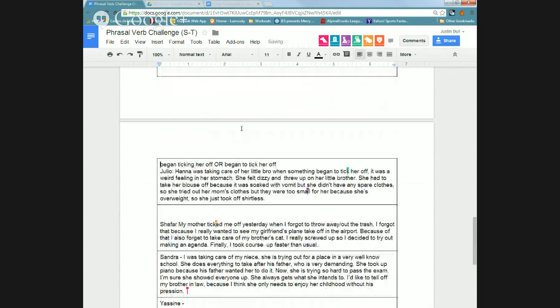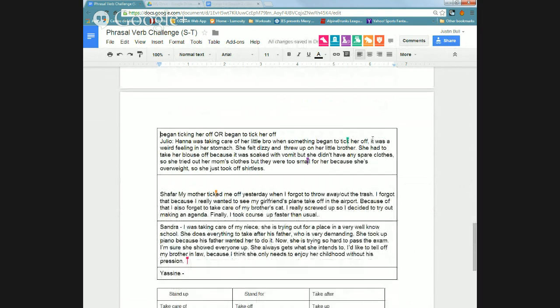So let's complete this thought here. If I could ever figure out this keyboard. It was a weird feeling in her stomach. She felt dizzy and threw up on her little brother. She had to take her blouse off because it was soaked with vomit, but she didn't have any spare clothes, so she tried out her mom's clothes, but they were too small for her because she was overweight. So she